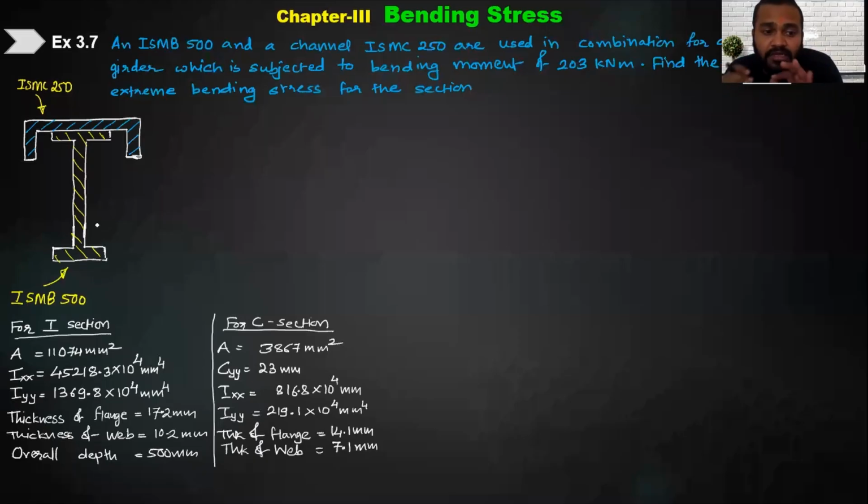तो वो तो यू कैन फाइंड आउट, बट द प्रॉब्लम हियर इज हाउ टू कैलकुलेट द रिजल्टेंट इनर्शिया अबाउट न्यूट्रल एक्सिस, एंड बिफोर दैट हाउ टू कैलकुलेट द रिजल्टेंट y bar और the neutral axis कहाँ पे आएगा। See here so many data is given in this problem. What is given for I section? They have given the entire area of cross section. Area of cross section 11074 mm square, ठीक है।